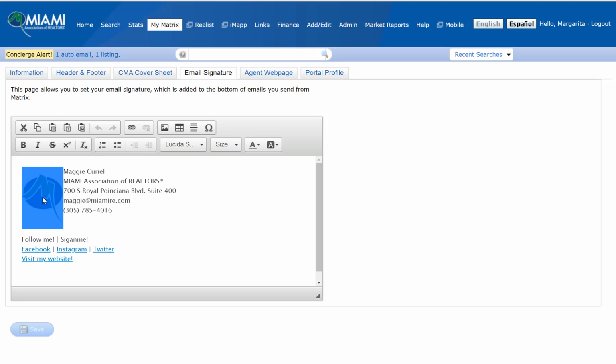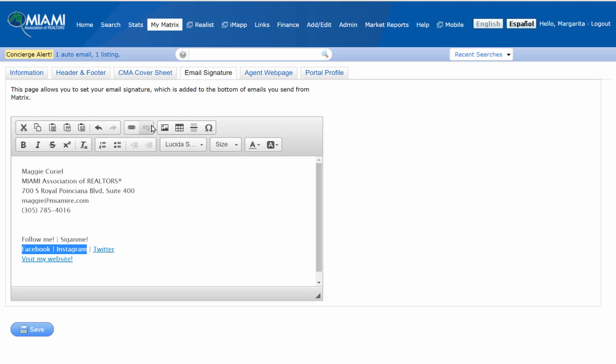So I'm going to go ahead and take the picture out for a second. And I'm going to take a couple of these hyperlinks out as well. So what I did was, once you've loaded your picture into your header and or your CMA cover sheet, the system kind of puts it away for you to then be able to place it into your email signature. So again, what I'm about to show you works after you have loaded a picture into your header and or